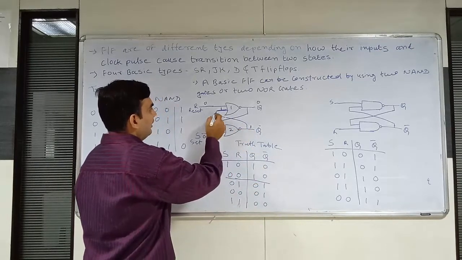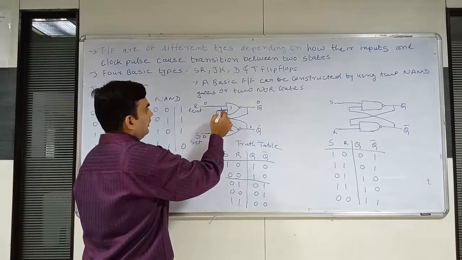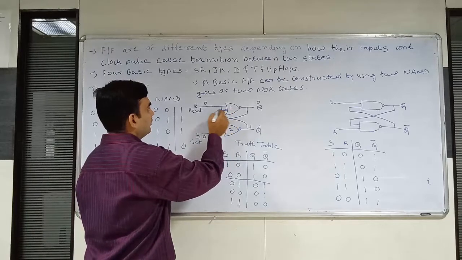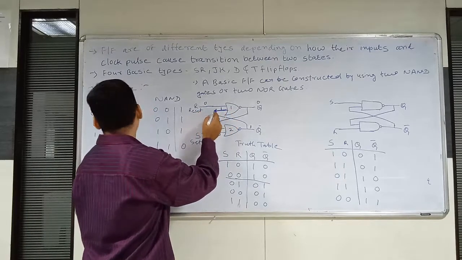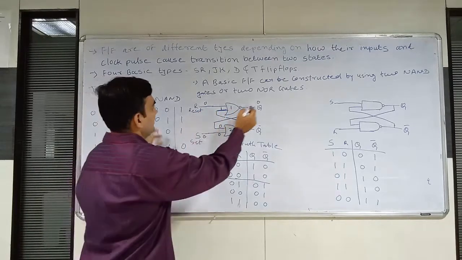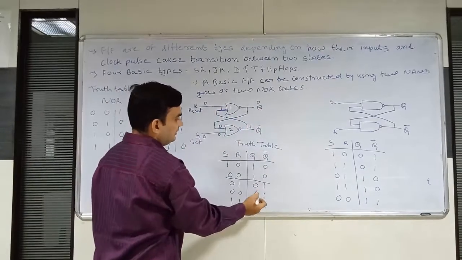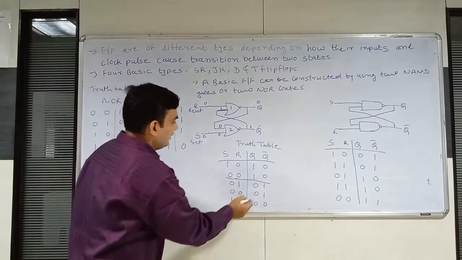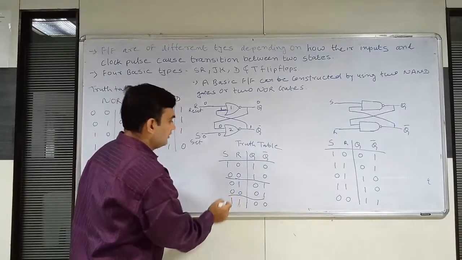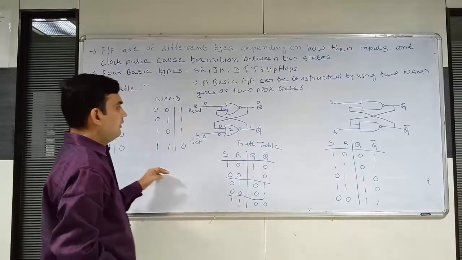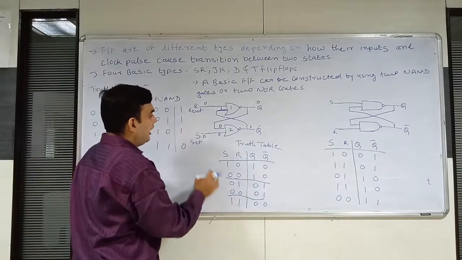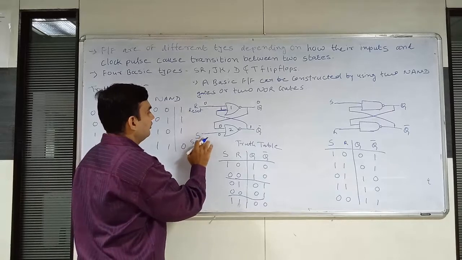This one will come here for another input of gate number 1. So 0 and 1 will be 0. So there is nothing change in the output of Q and Q bar. So again there is no change. Now what happened next when we will keep both input high? That means S and R is equal to 1.